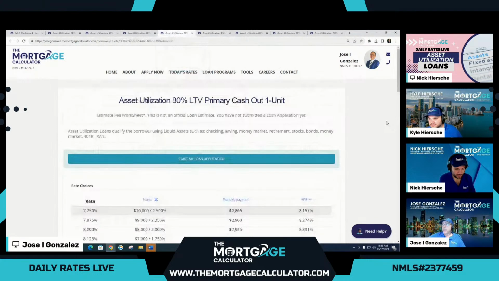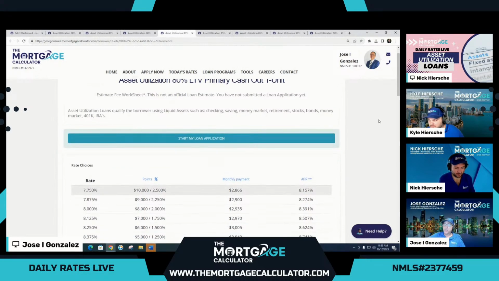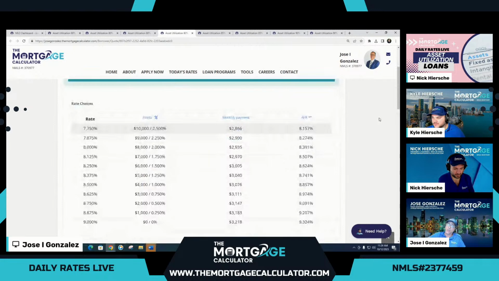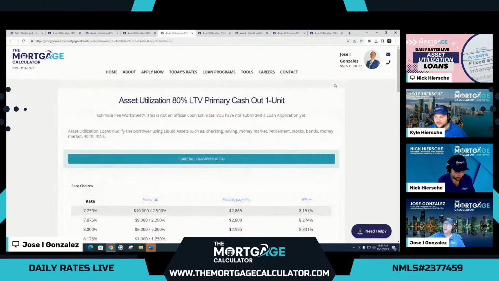And now cash out options here. I did mention maximum LTV on any cash out option, whether it be primary or investment for this option, is 80%. But you will note, even though this is a cash out option, once we drop down to 80%, which again is a more standard loan to value in the non-QM world, now our rate is much better. We're looking at 9% at par, and you can buy that down all the way to 7.75%. So those are amazing rates considering we're using your assets to qualify you.